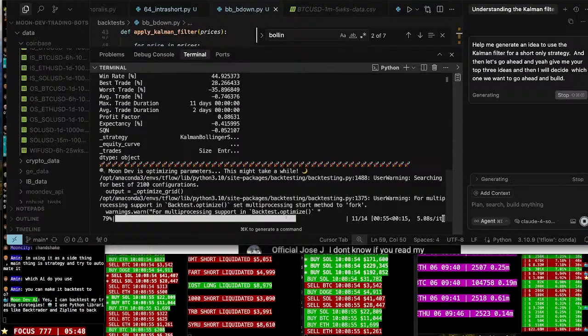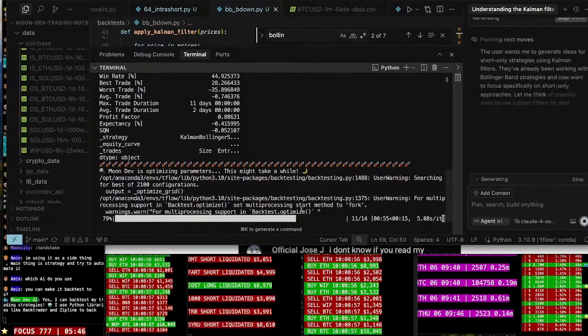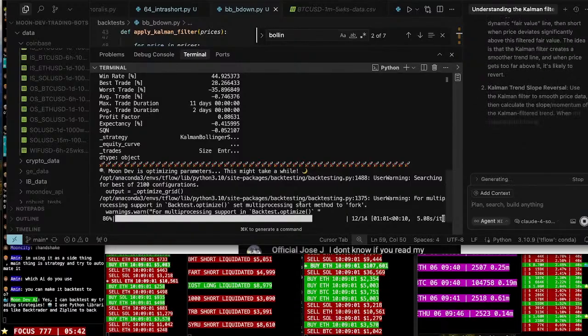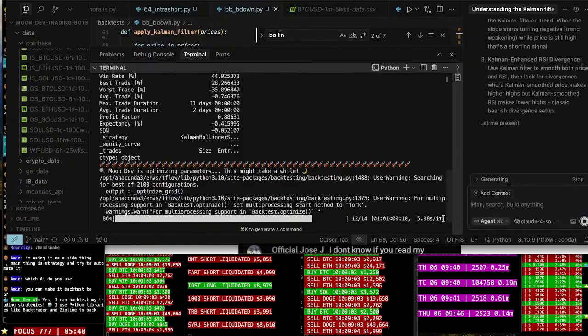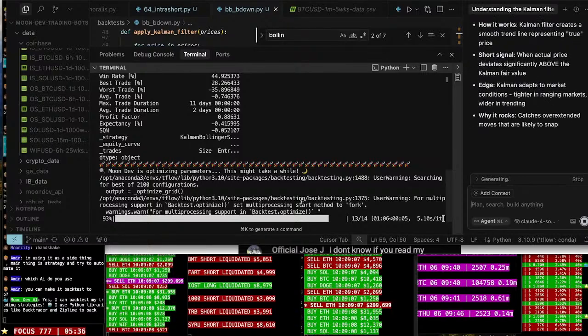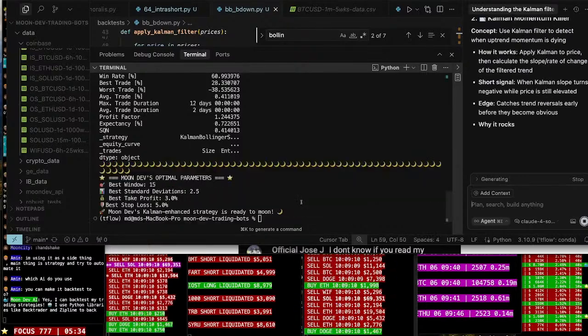So this is now optimizing. These results should be better, but it's a little tricky with optimization. You don't want to over optimize. If you optimize long enough, you'll find something that's good, and that's a double-edged sword. It makes you feel good, but